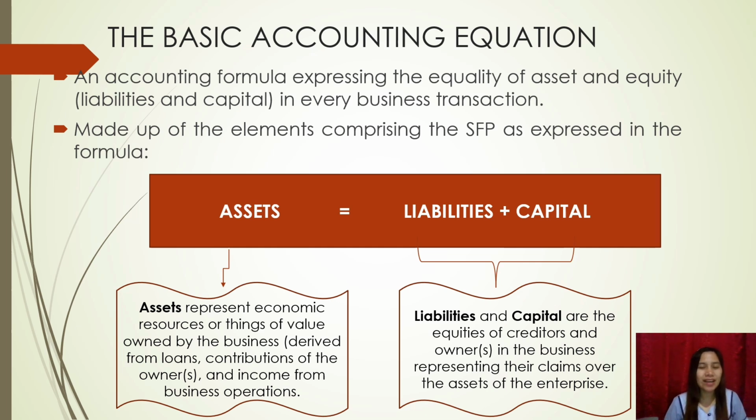And then of course, income from business operations. So if you are already earning out of your business, these earnings will fall under assets, either as cash or receivables. And if barter, this could also be other forms of assets. And of course, that income will also fall under your capital, added to the capital because it is an income. But if it's a loss, it will be deducted.